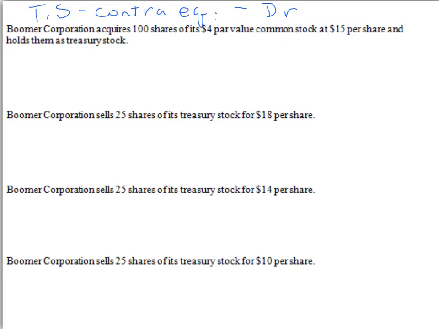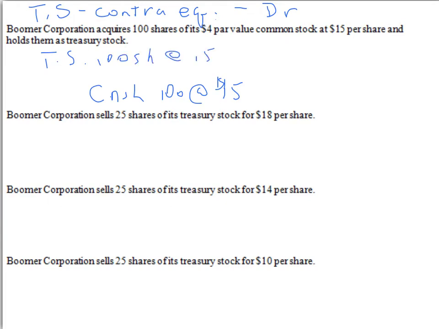So let's take a look right now. Boomer Corporation acquires 100 shares of its $4 par value common stock at $15 a share and holds them as treasury stock. Well, what happened here? The company must have needed treasury stock. They went ahead and bought it, and they had to spend cash for those. So we're going to credit cash, and it's $1,500 at $15 a share. And the debit will be to treasury stock, for 100 shares